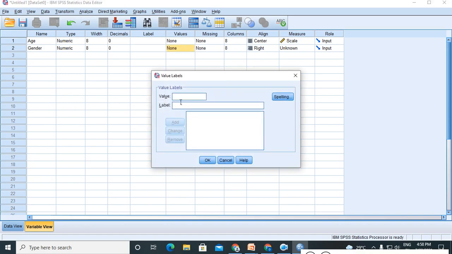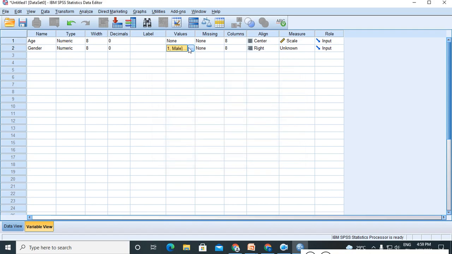We have seen for gender, give 1 for male and 2 for female. This is your wish, you can give as you wish. Give OK. Now you can see you have given values to this gender, 1 for male and 2 for female. So when you give input as 1, it means male, and if it is 2, it means female. So this is nominal.